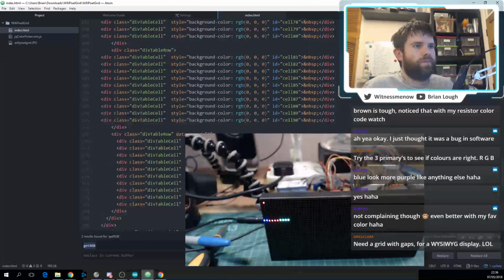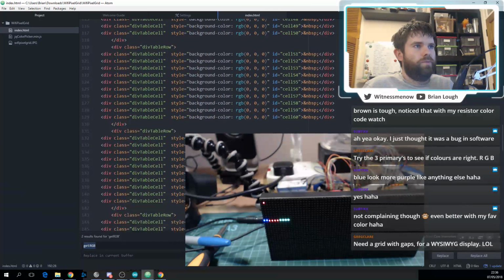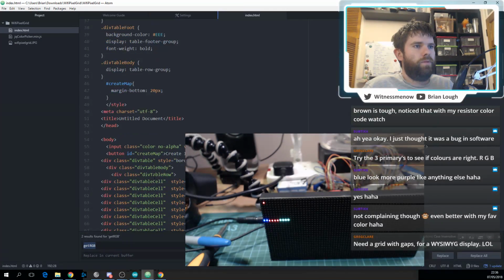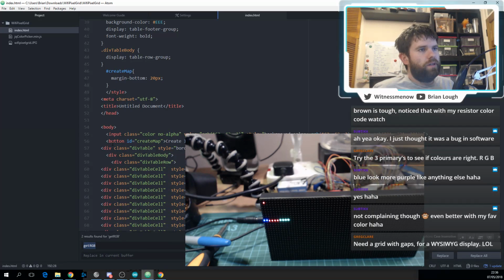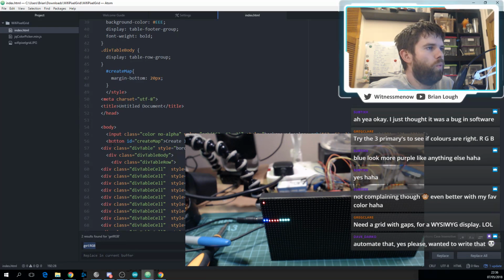Okay, so what is the format of this? There is a big div table body, which we're going to keep. Okay, and then there's div with classes table rows, and for need a grid with gaps for